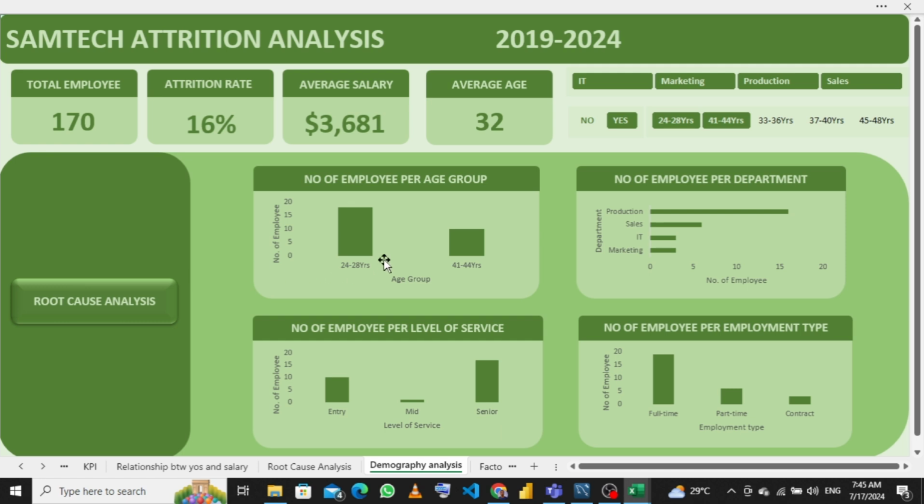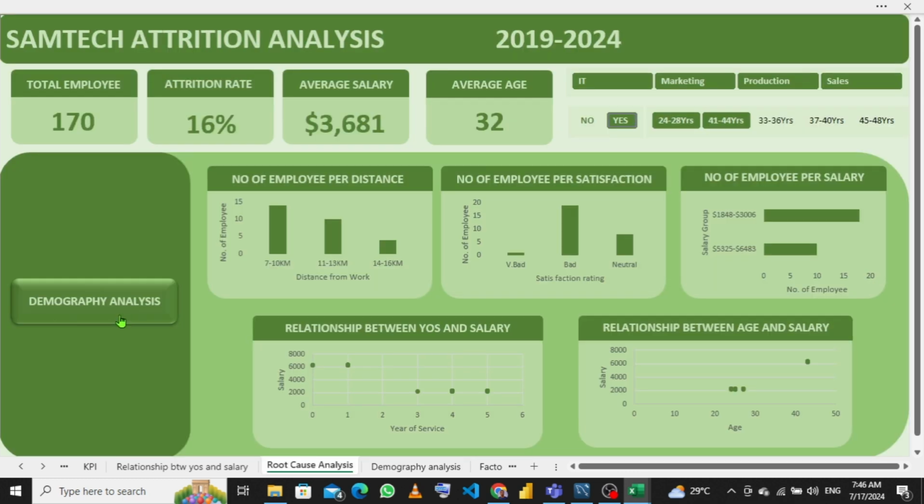We can actually see that from 24 to 28 are the highest number of people under the production, the highest number. So why is this age group leaving, which is 24 to 28? Now we'll go to the root cause analysis. Look at it. Now these are the people that actually